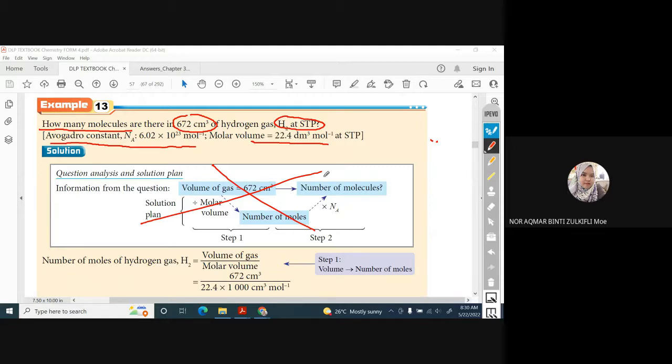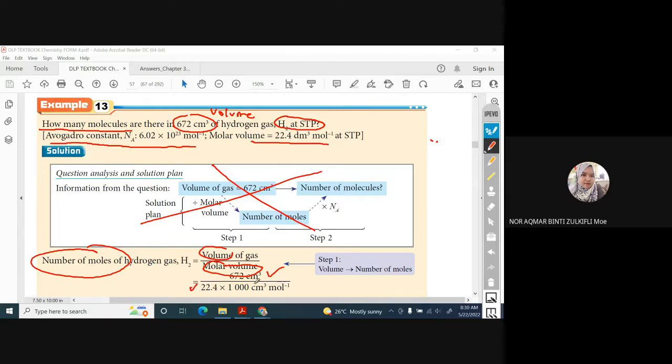Okay, so first step, when you see the question, straight away find the number of mole. This one is volume, volume over molar volume. That's why you must memorize the formula. Okay, so just substitute. We have 672, this is volume. Substitute the value here, and then STP here, 22.4.